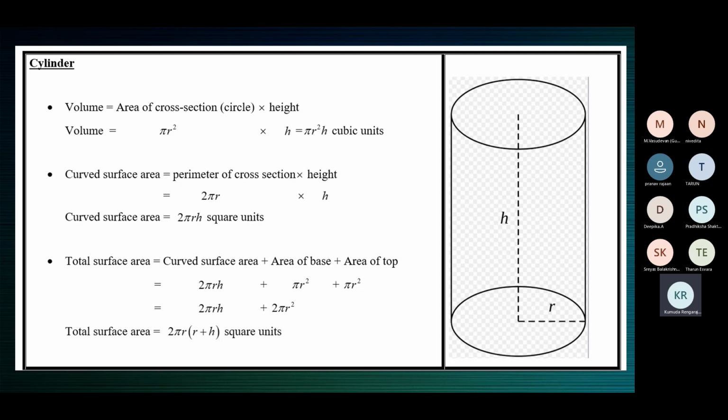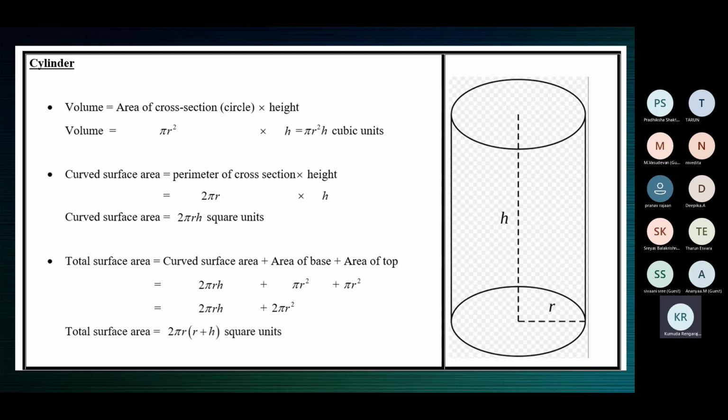So a cylinder is another solid, a right circular cylinder. A right circular cylinder is another solid which has a uniform cross section, which is a circle. The uniform cross section of a right circular cylinder is a circle. So how is this solid cylinder formed? When you have many identical or congruent circles, that is circles which have the same radius.